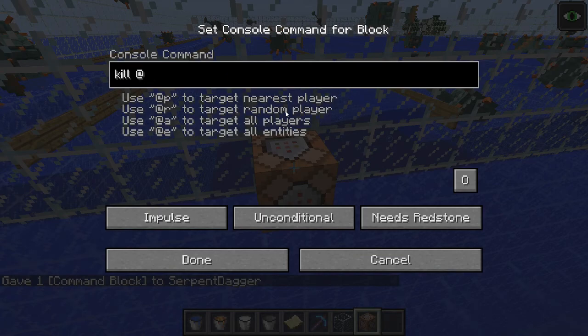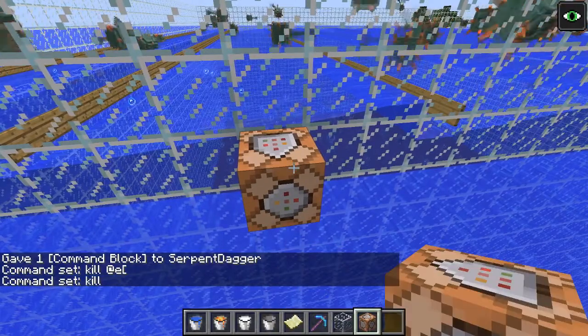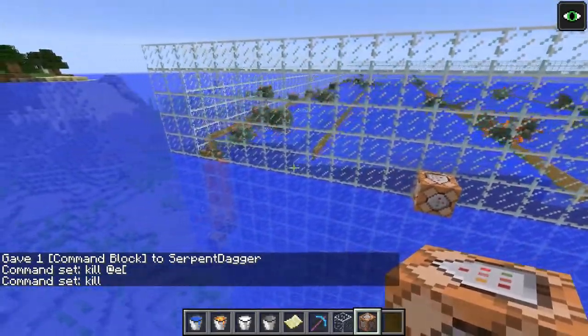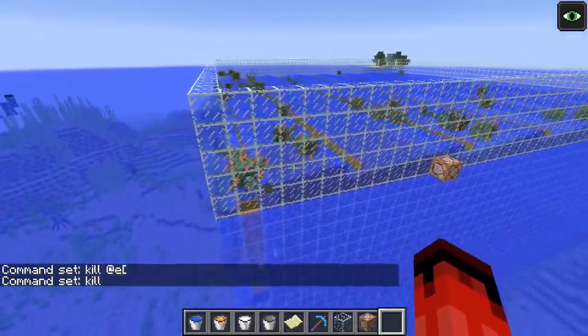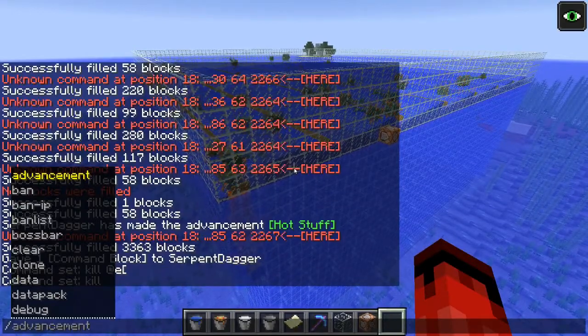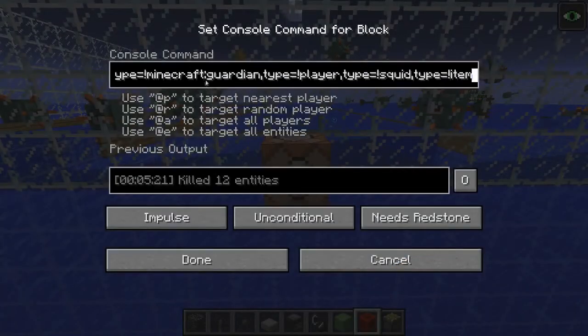So, kill at E. Now the command system has changed a little, so just to make sure that I'm not going to insta-spawn kill myself over and over again, which I did in one of my testing worlds, which was a pain because MCEdit does not work in this snapshot, I'm going to do it in this inventory here. I'll write the command off camera because you don't care, and we'll see the result. So if you actually do care, this is the command,